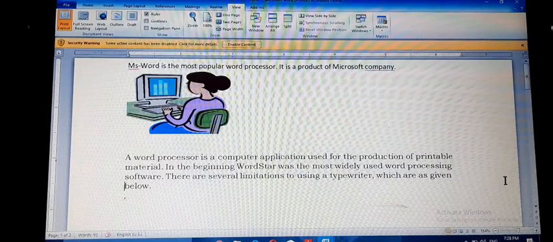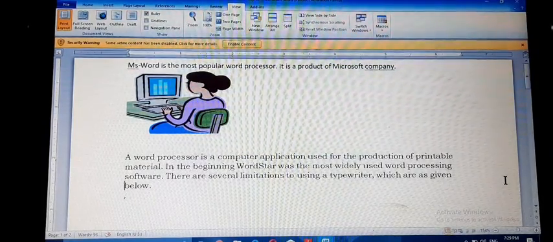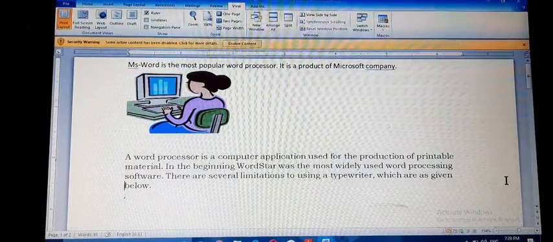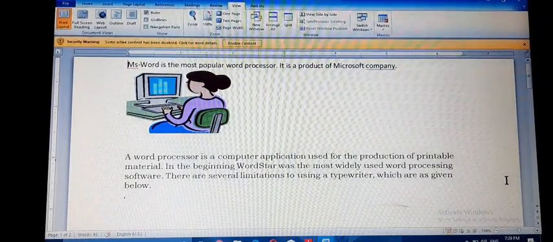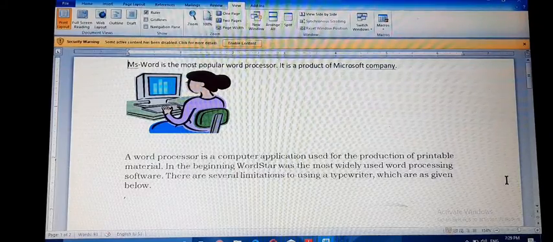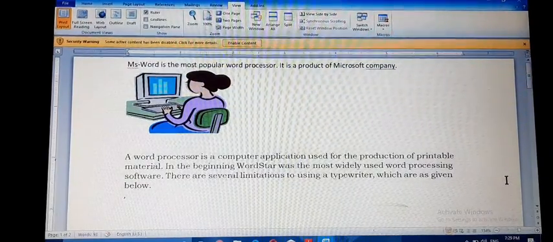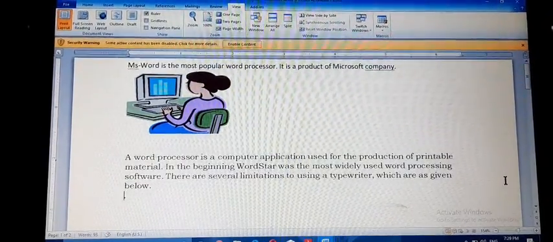Okay. Control plus up arrow, one paragraph up. And Control plus down arrow, one paragraph down. Okay.